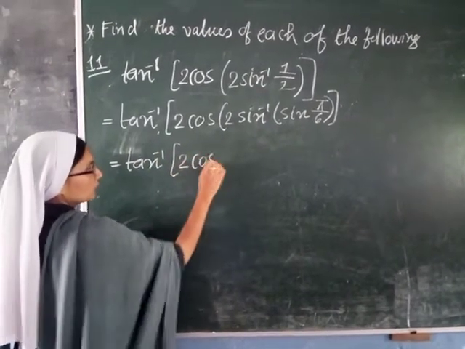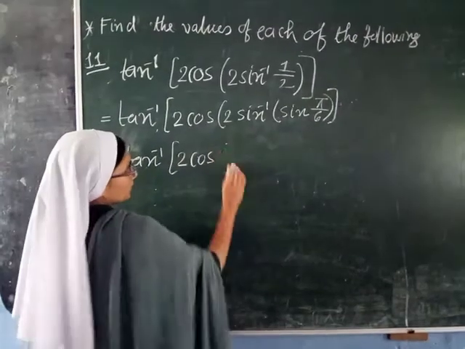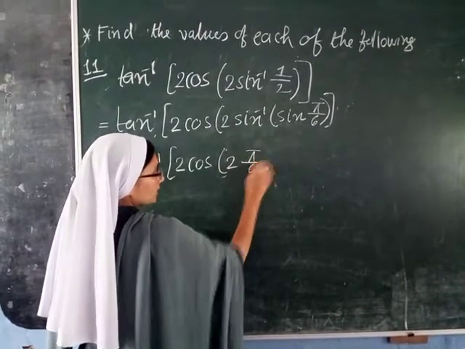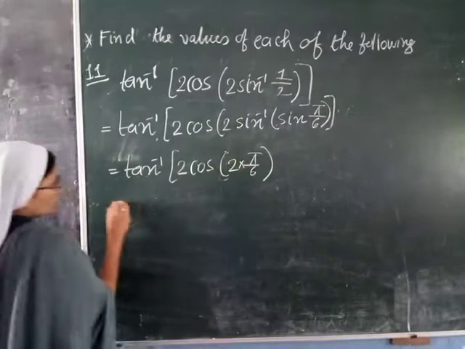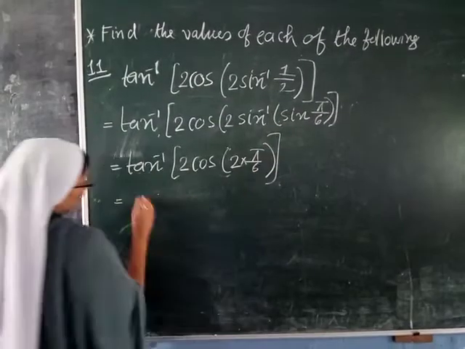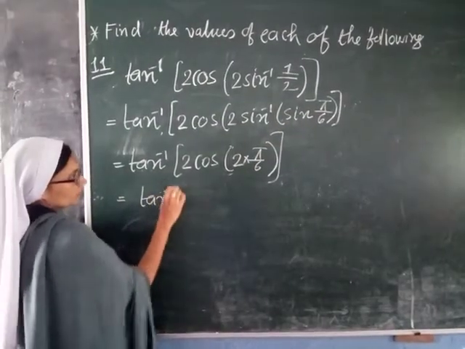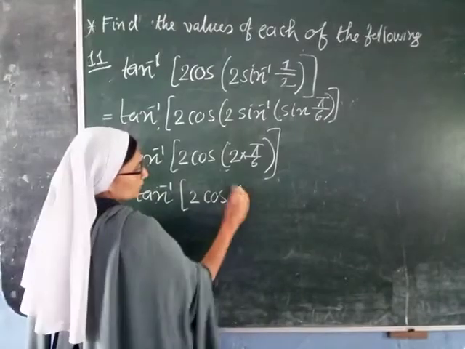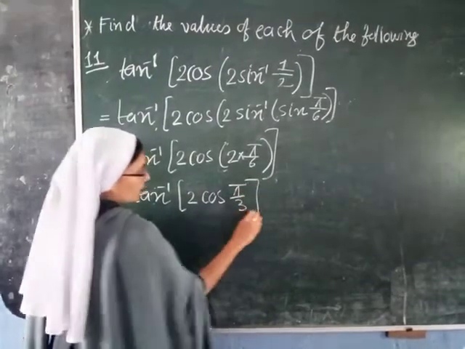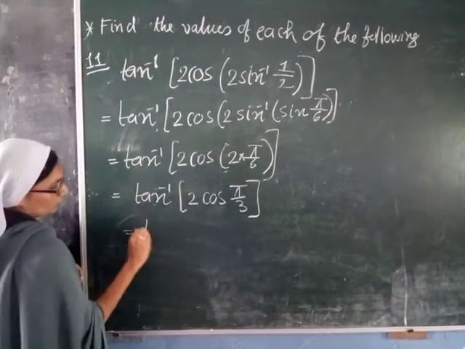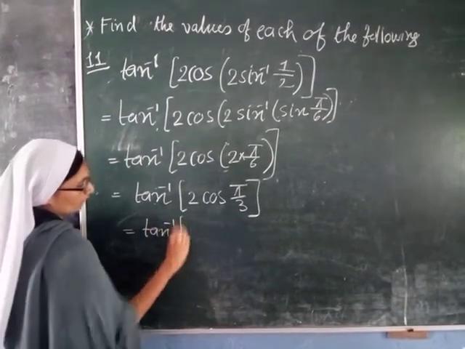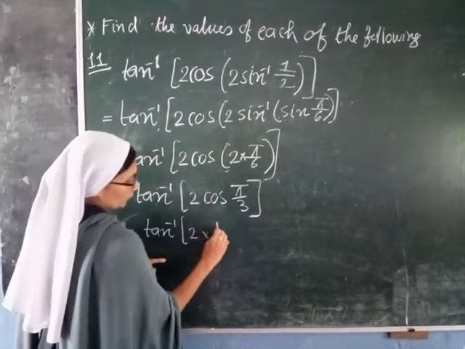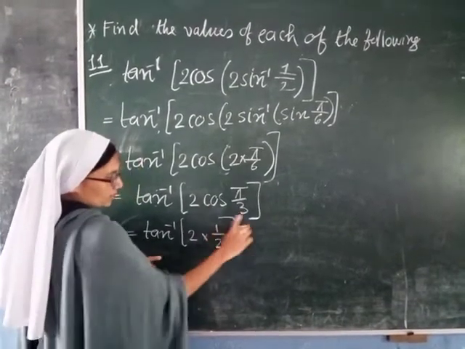So in the next step, 2 cos 2 sin inverse sin will cancel, so remains pi by 6. Okay, this into. So you can cut it here. So tan inverse 2 cos. Okay, 2 and 6 you cut. So pi by 3. Okay, so it is cos, you have to write the value. This value is a trigonometric value. 2 cos pi by 3 is cos 60, which is 1 by 2. Okay, cos 60 is 1 by 2.